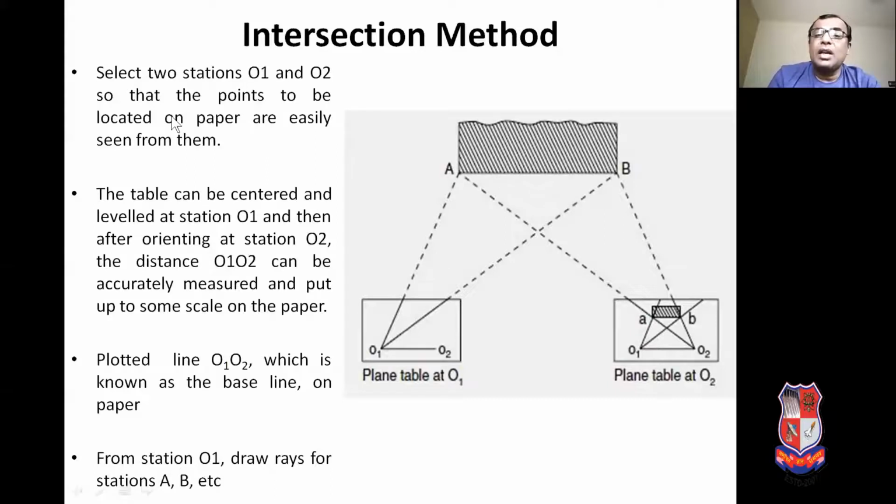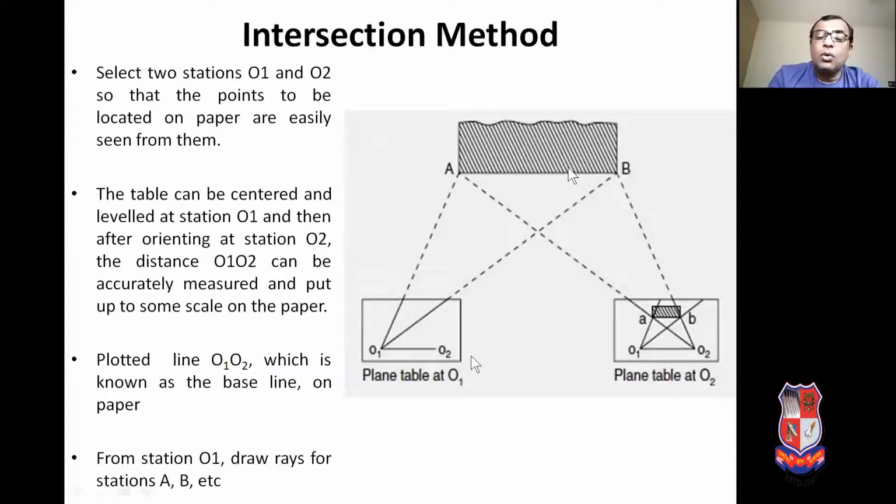So we have to select the stations O1 and O2 so that the points to be located, A and B, are easily visible. From O1, A and B are visible, from O2, A and B are visible. That is the thing.